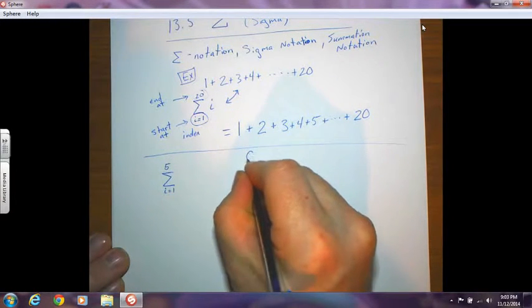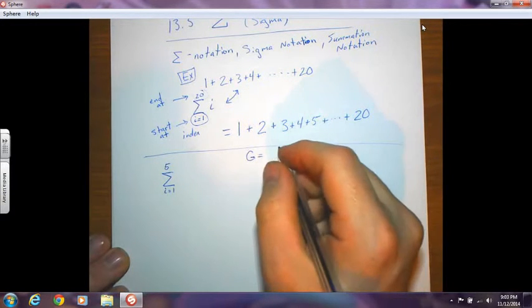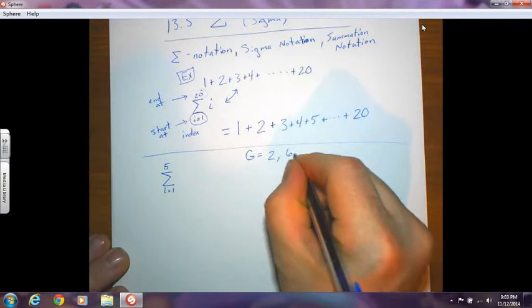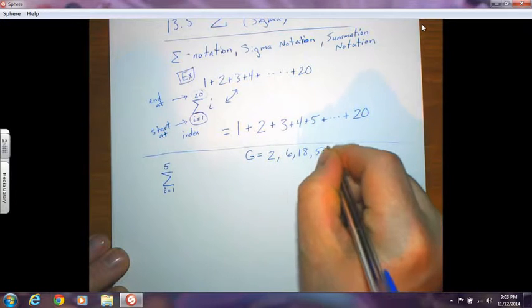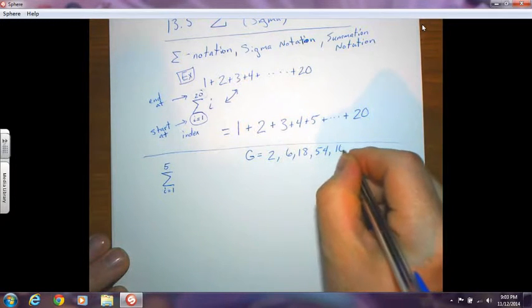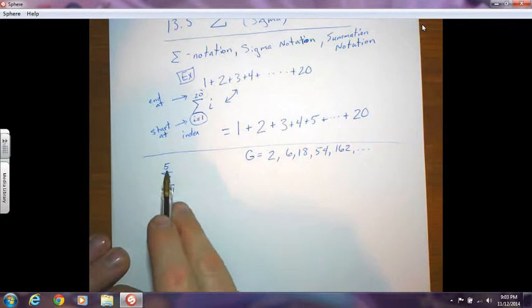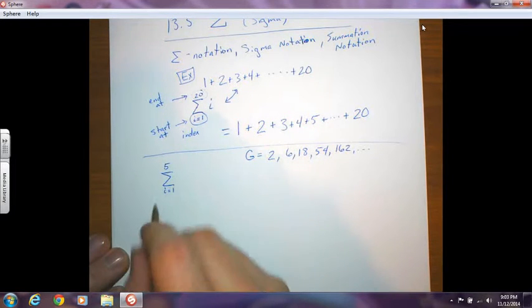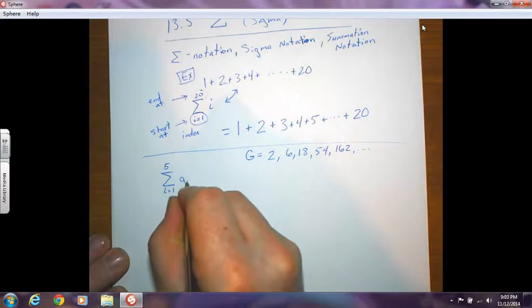So here we have a geometric series G, and we're going to let that be equal to 2, 6, 18, 54, 162, and we could go on from there, but we only need the first 5 because we're going to stop when i equals 5. So what this sum really means, if I take the sum from i equals 1 to 5 of G sub i,